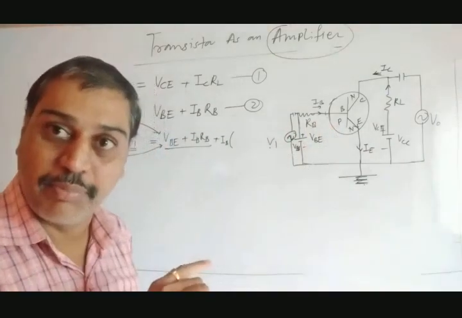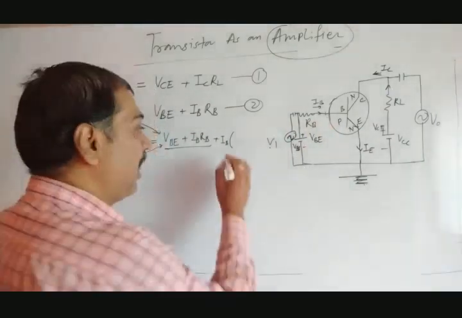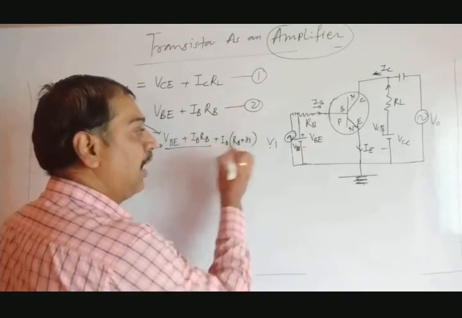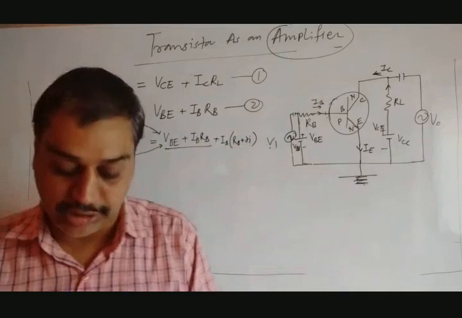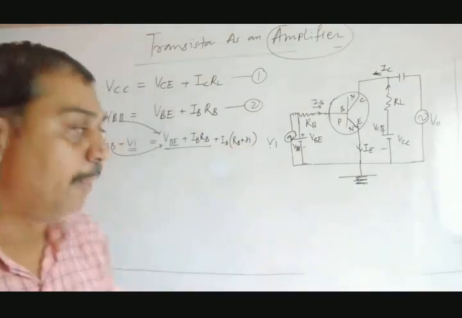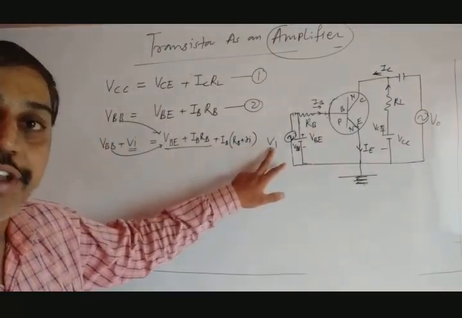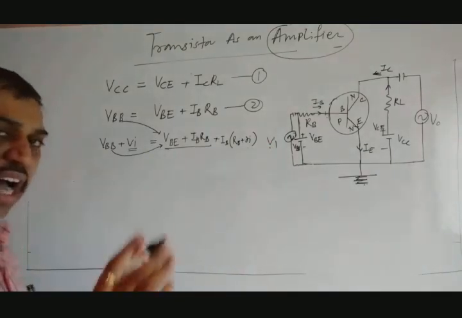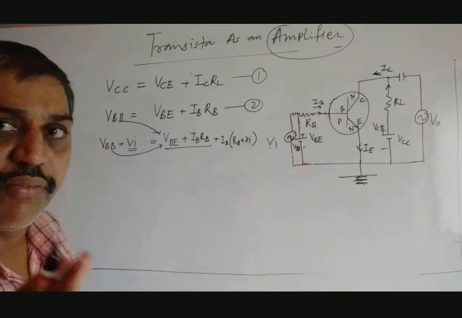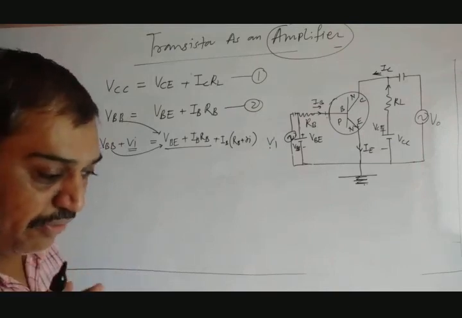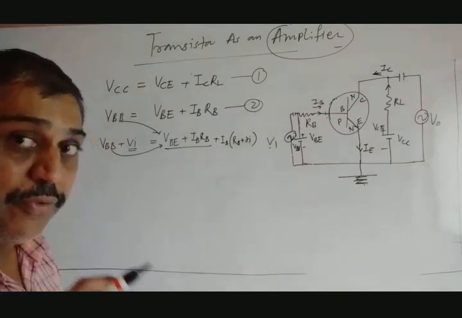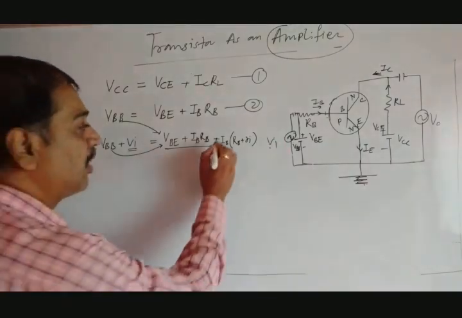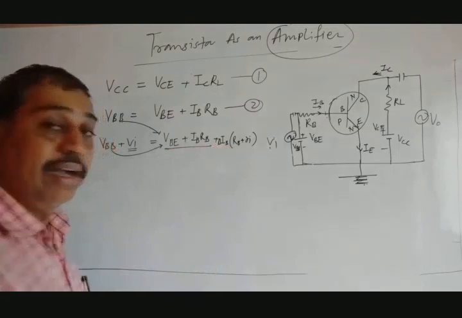In the previous topic we have seen Ri. So we can add IB in bracket RB plus Ri. This will give the change in the voltage at the input when we apply the input voltage Vi. This would be the equation we are getting. Now in this case, we are interested to find out the value of Vi. When Vi changes, it is alternating, so this current must also change. So there must be the symbol delta IB.